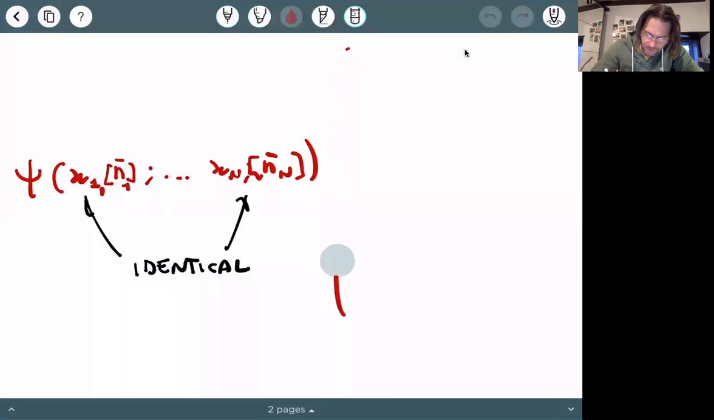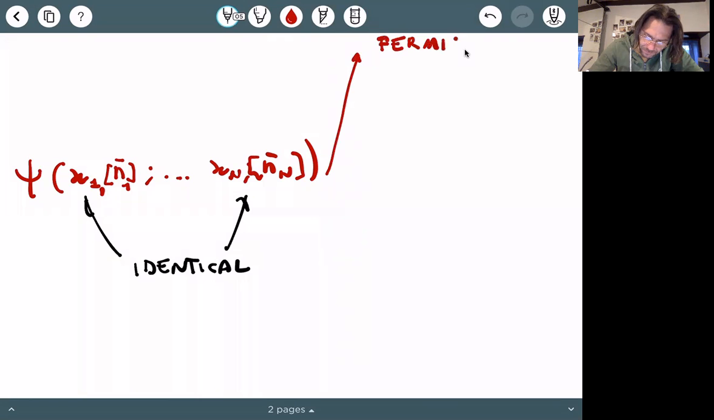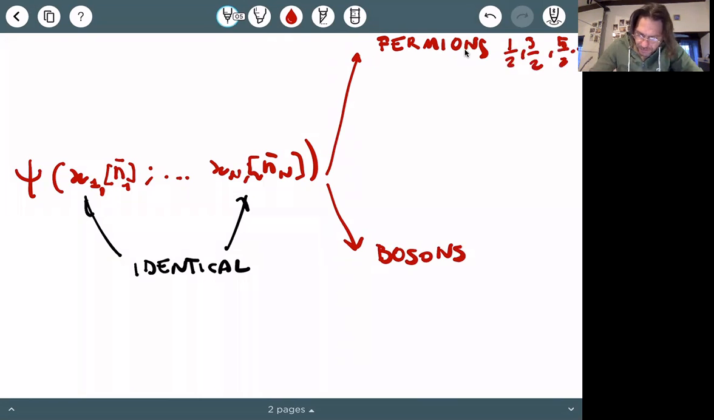I was saying the wave function of a collection of identical particles depends on whether the identical particles are fermions, spin 1/2, spin 3/2, spin 5/2, or whatever, or bosons, spin 0, spin 1, spin 2, and so on. If you have a system of identical bosons, the wave function is symmetric under exchange of identical particles, which